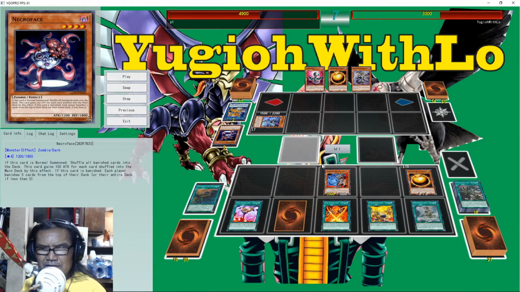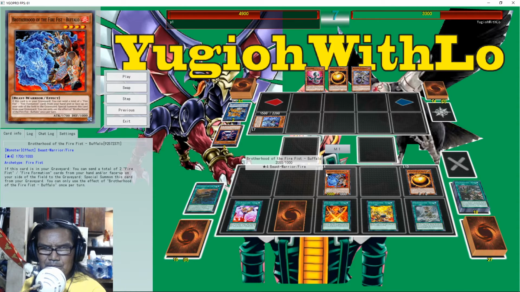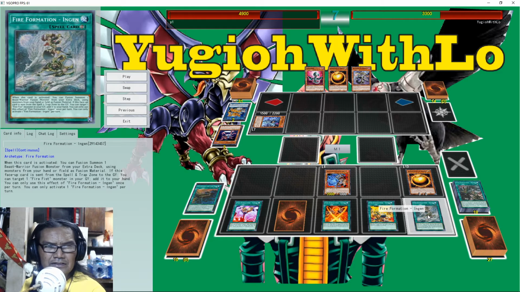He's gonna use the effect. He flips this card up. This card is in your graveyard. Okay, so you flip this Engen up. When this card is activated, you can fusion summon 1 Beast Warrior fusion monster from your extra deck using monsters from your hand or field as fusion material. If this card is sent from the spell or trap card zone to the graveyard, you can target 1 Fire Fist monster in your graveyard and add it to your hand. You can only use okay,